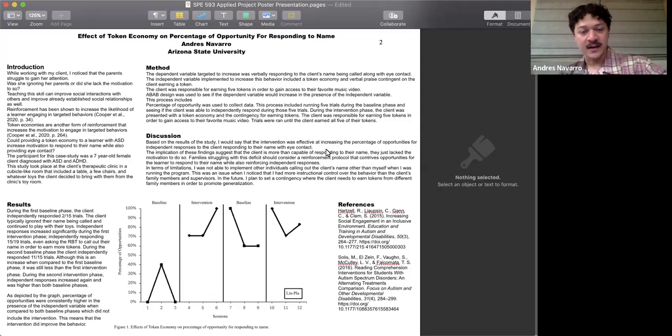And yeah, she was really excited. It got to the point where she kept telling me, like, tell my name or say my name, just so she can earn a token. She was expecting reinforcement, which was really cool.